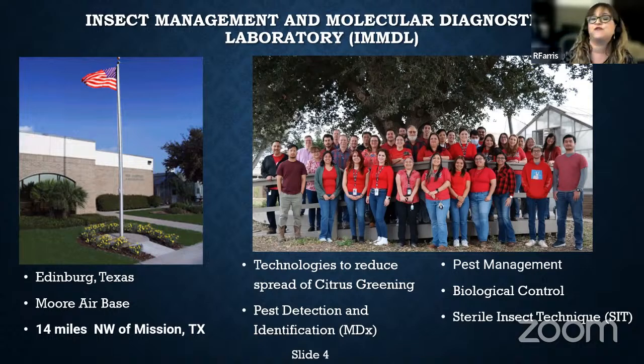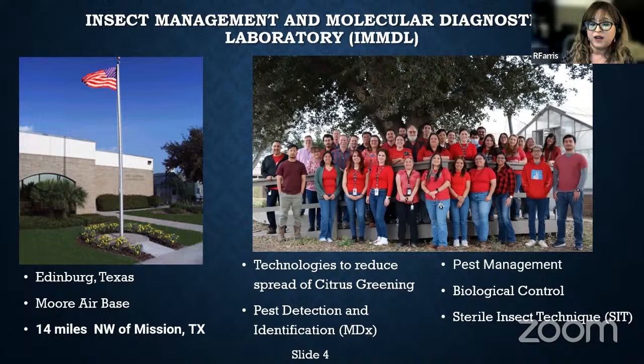And as you can see in the picture here on the right, we're a pretty decent size as far as the personnel. We're a mixture. We have scientists with different expertise. We have biological science technicians. We also have a large number of cooperators that are employed from UTRGV. We have some other universities represented as well, such as Baylor, and we also have North Carolina. So overall, as a lab, there are several areas of research or topics of emphasis, and those are highlighted here under the picture. And I'll go over those.